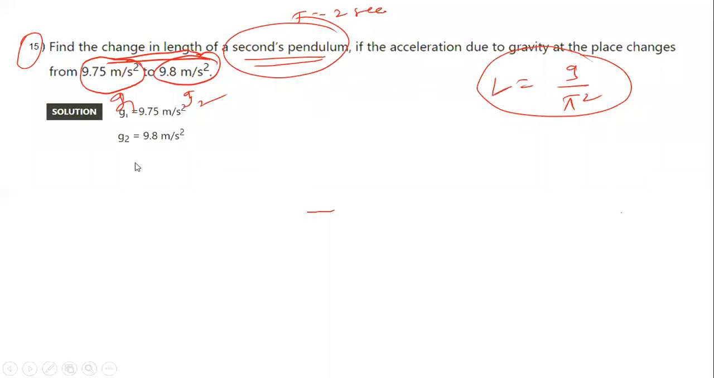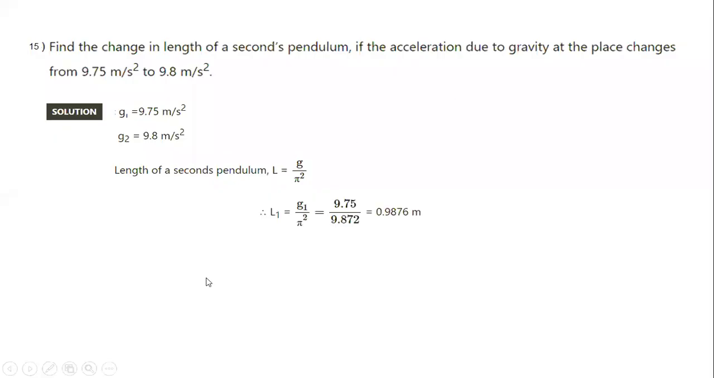So here you can see G1 is given, G2 is given. Then after that you use this formula. By using that you will get L1 and L2, and then the difference you have to take. Now let me find out L1 by using the formula G1 by pi square. So we get